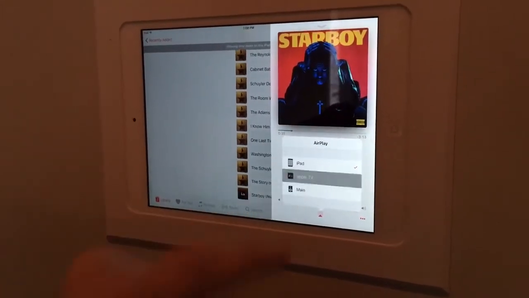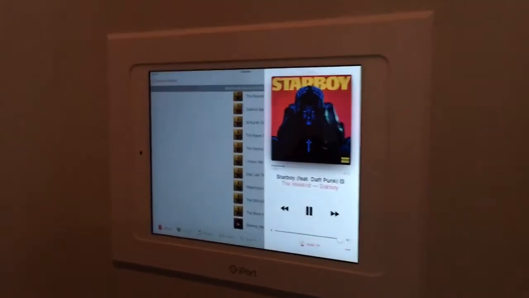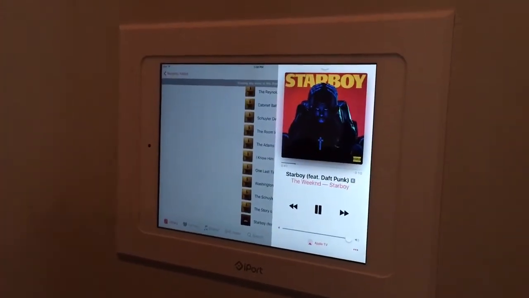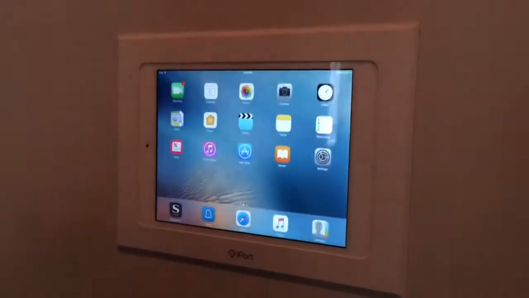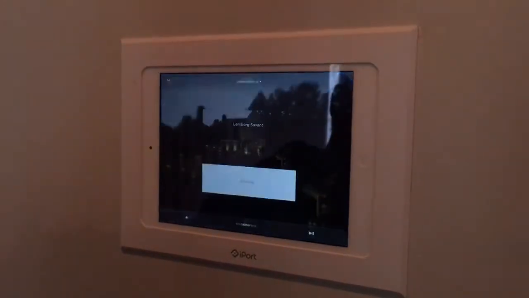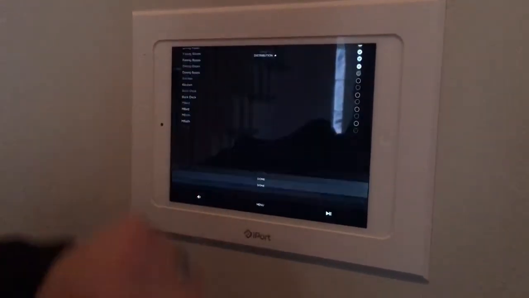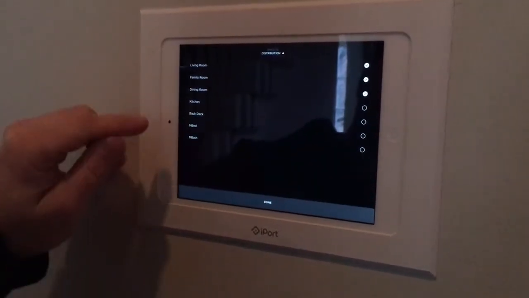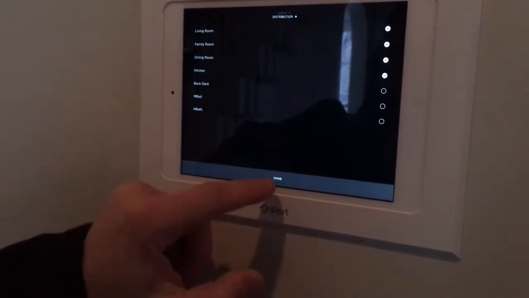I select Apple TV, and it's now going to send the music from the iPad to the Apple TV and in turn through the system because we have Apple TV active as a source in those rooms. So if I come back here and I open Savant, I can touch this, and it's going to show me the rooms that it's active in. If I want to add it to the kitchen, I'm just going to select kitchen, and I'm going to hit